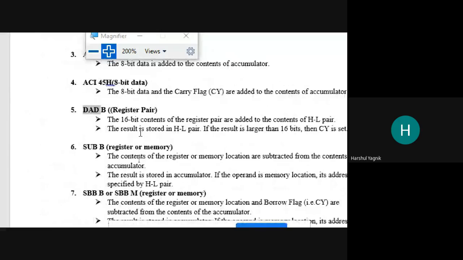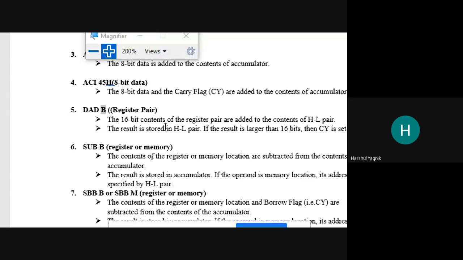What is the mnemonic of the instruction? We have to write the register pair name. No need to write both registers, but the leading register of the register pair. For example, if there is a BC register pair, we have to mention register B. If you want to use the D register pair, we have to mention register D.